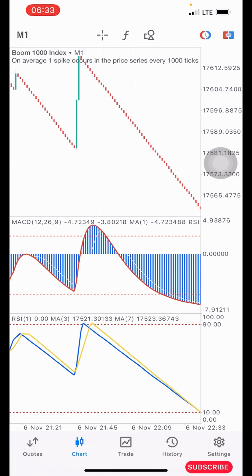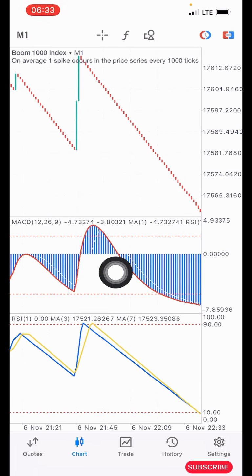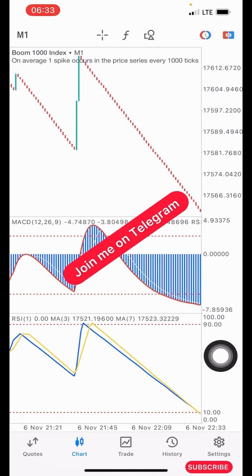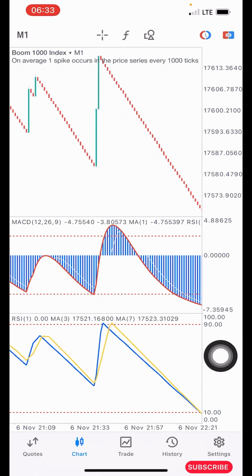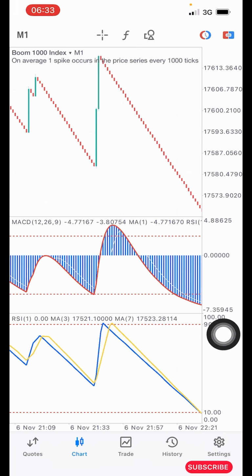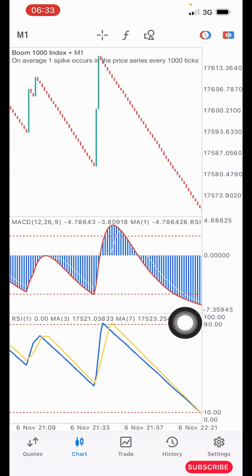Now these are the conditions in order to trade profitably with this strategy. You see these two indicators here. This is indicator window 1 and this is indicator window 2. You are going to take note of indicator window 2 especially. Whenever there's a spike in the market, you are going to check your indicator window 2. You see this blue line and this yellow line, they need to be at the 90 level. It needs to be touching this 90 level line before you think of taking entries in the market. So once you see this spike and these two lines are at the overbought level, which is our 90 level,